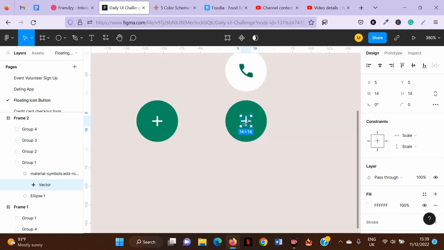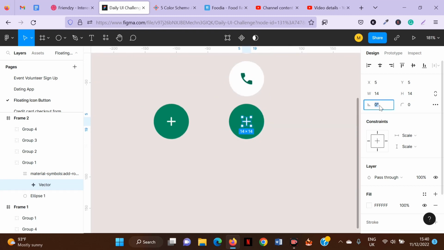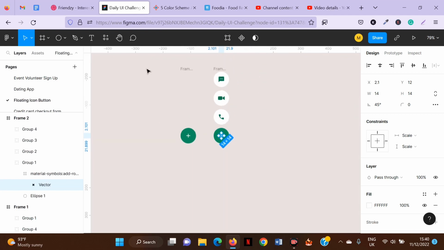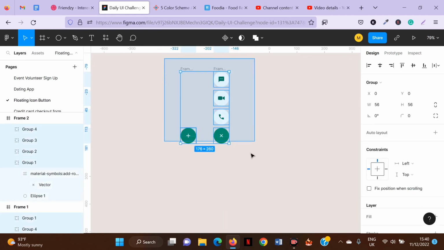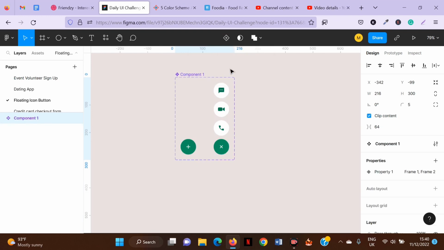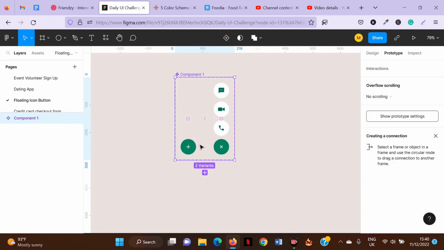So what I'll just do is zoom out, come to the rotation part here, then click on 45 degrees. As you can see, that is way easier and cooler and faster too. So I'm just going to group both into a component set. So once I'm done grouping them into a component set, I'm going to click on prototype to create